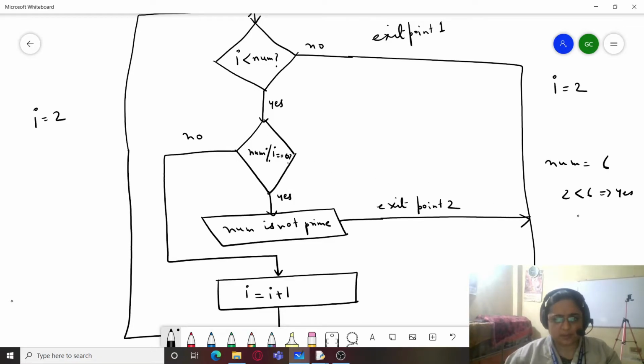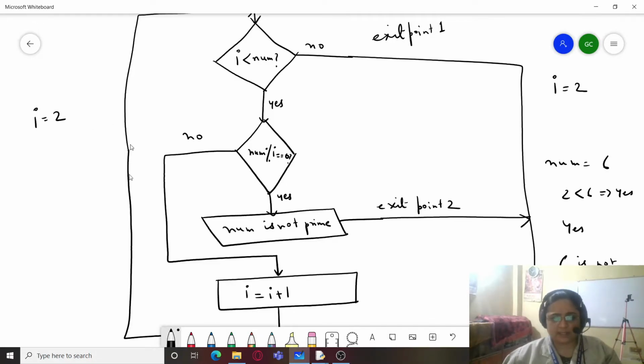Is 6 divisible by 2? Answer is still yes over here. So we will come to this part. We will simply print num is not prime. We don't need to check whether 6 is divisible by 3 or not, because just having the first factor means that the number is not prime. So we will simply print 6 is not prime and we will exit from here.